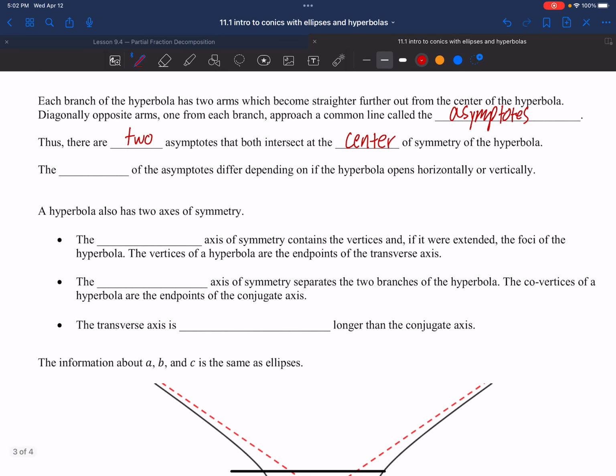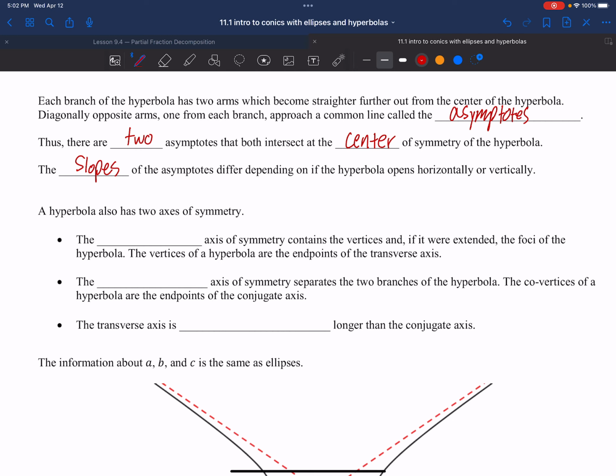Okay. And one thing to note is that the slopes of these asymptotes are going to differ depending on if the hyperbola opens horizontally or vertically. So we have some equations for the slopes of the asymptotes, or rather the equation, but it's not a big deal. You'll see when we work it out. It's very easy to find the slope as long as you draw the picture. Okay? A hyperbola has two axes of symmetry,